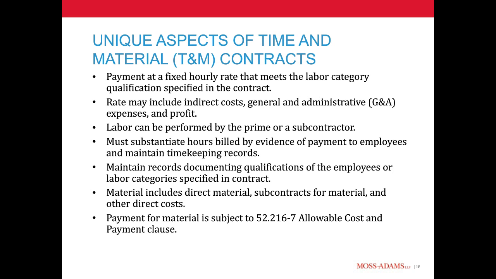So those things are all embedded within that negotiated rate. And labor can be performed by the prime or subcontractor and still be shown as part of that T&M rate in some circumstances. And they must substantiate the hours billed by evidence of payment to employees and maintaining timekeeping records. So the evidence of payment is something that DCAA focuses on, and depending upon the nature of the engagement, as